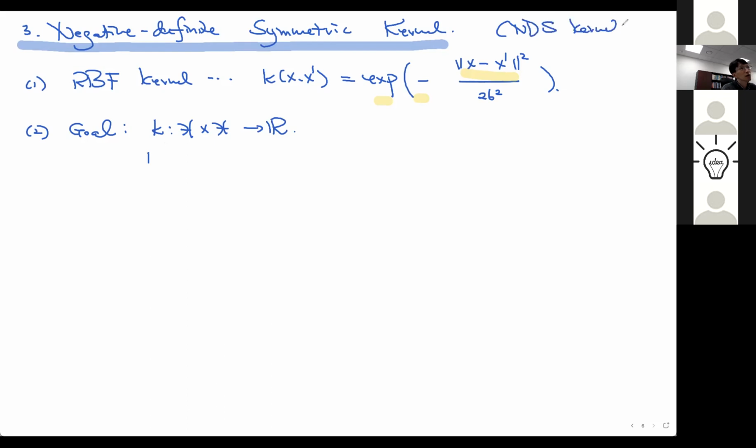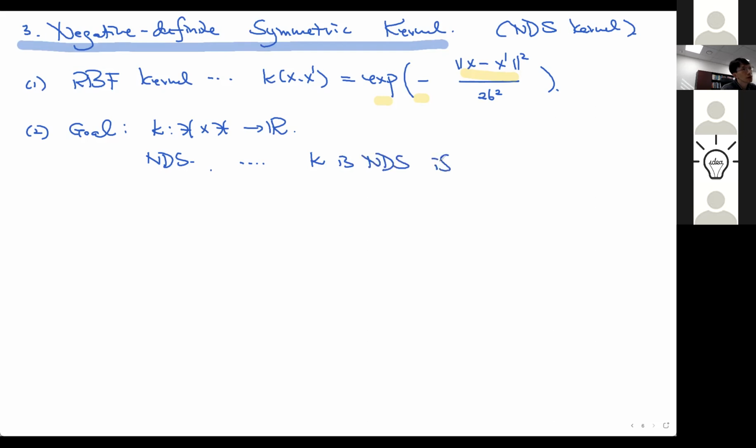Define something called NDS. This is different from the PDS. It is a bit like a dual, negative definite symmetry. Our goal is to come up with the right notion of NDS. Once we have this notion, I'll just state the property of the kernel K: K is NDS